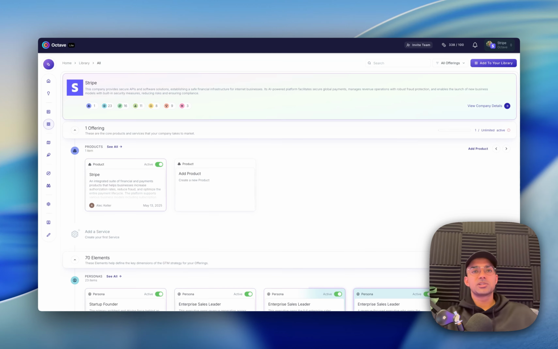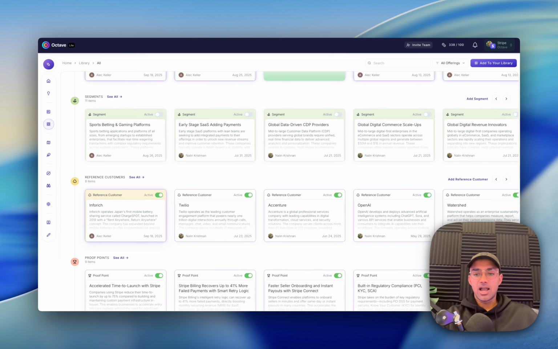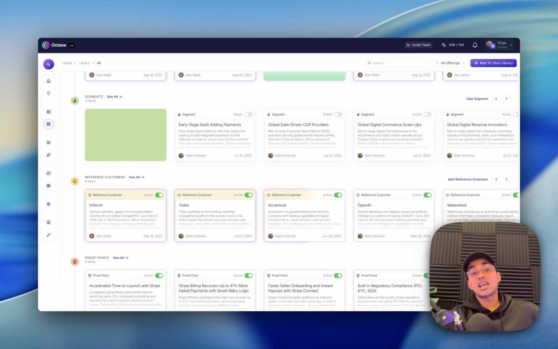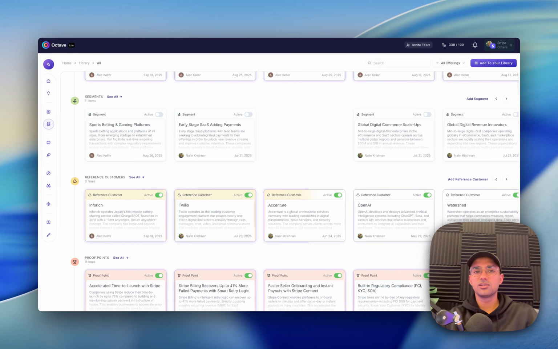What I noticed is that this customer, and this is not our customer, this is a sample workspace for Stripe, in Octave, they already had reference customers defined, as in real case studies. However, they didn't have segments defined, and that's what we really needed. So I thought, hey, if we have reference customers, that's a pretty good basis of truth for building segments, but how do I translate trends across reference customers into segments? It would take a lot of clicking and thinking and exporting, and I was like, let me just use MCP